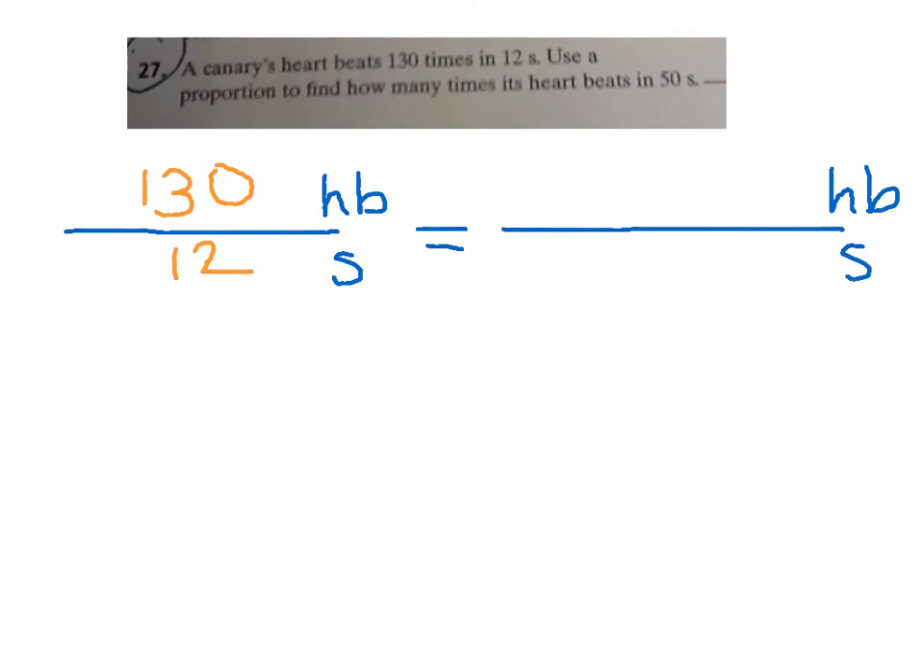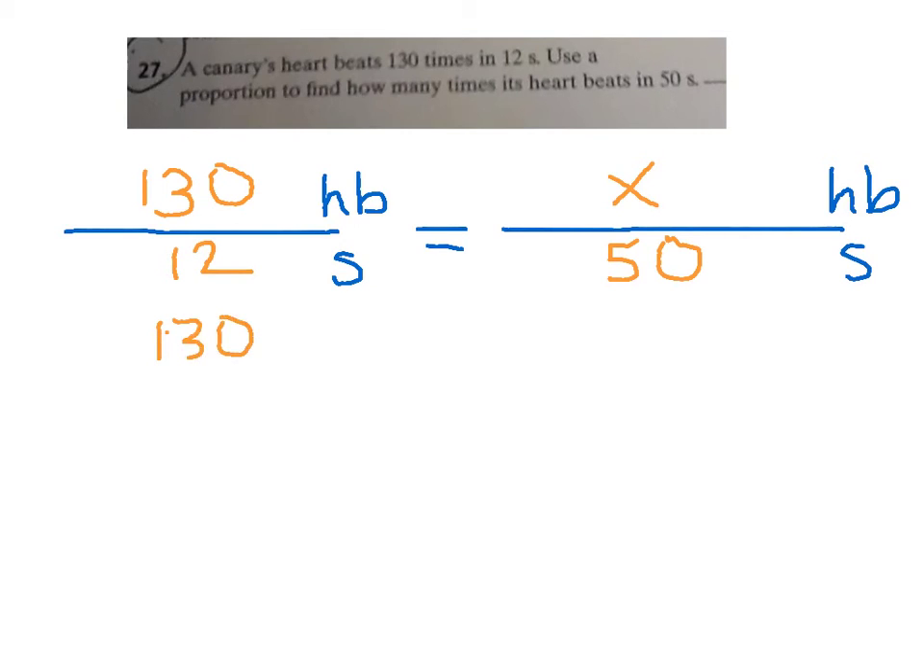And it says, I want to find how many times it beats. So that's going to be my x. This is my x. That's what I'm looking for. And then in 50 seconds. All right, so there's my proportion. Once again, I have a single fraction equal to a single fraction, so I can do this by cross products. That's going to give me,